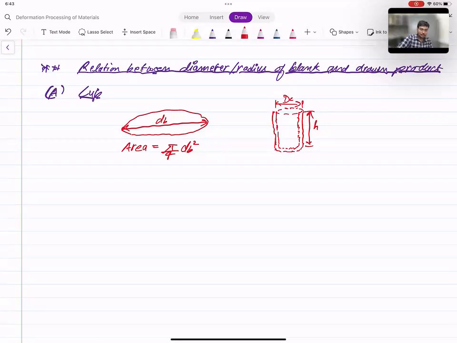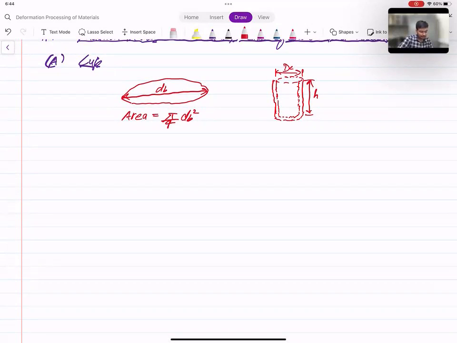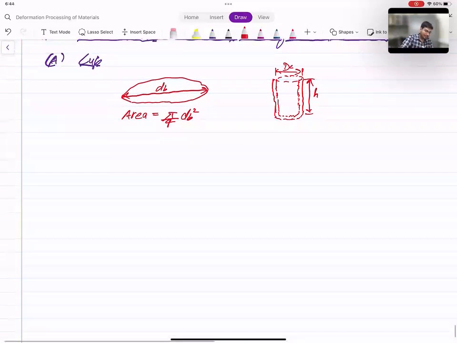So now how will the areas be related? Initially, the entire blank had the area pi by 4 db square. But after the formation of the cup, this area is equal to the area of the curved region plus the area of the bottom surface. Okay, so if we equate the areas,